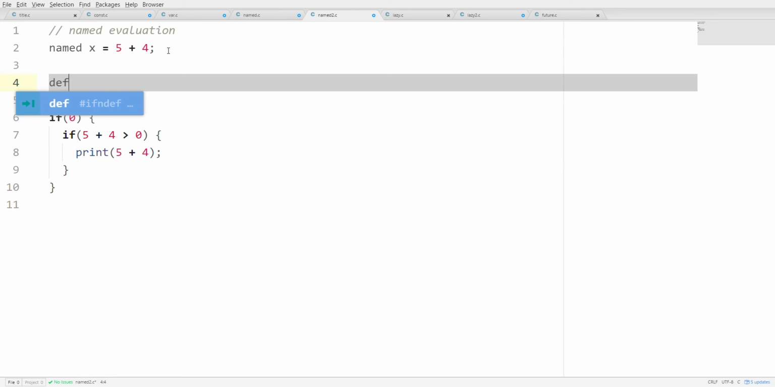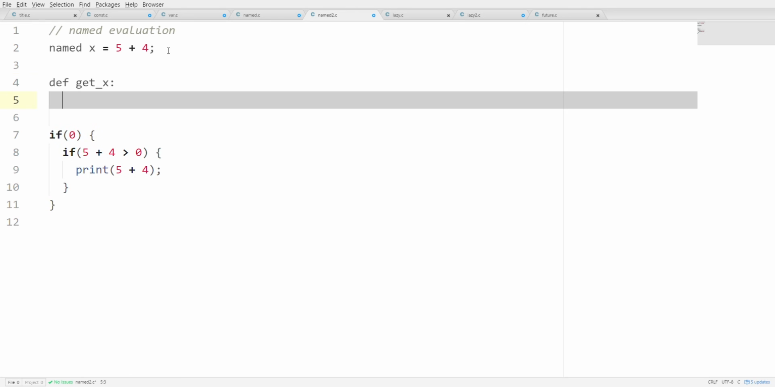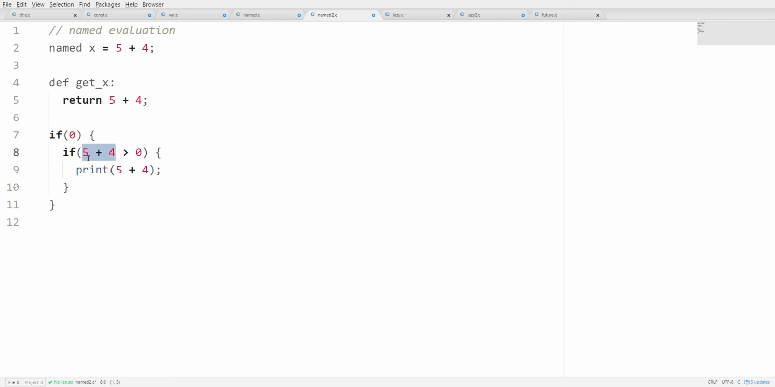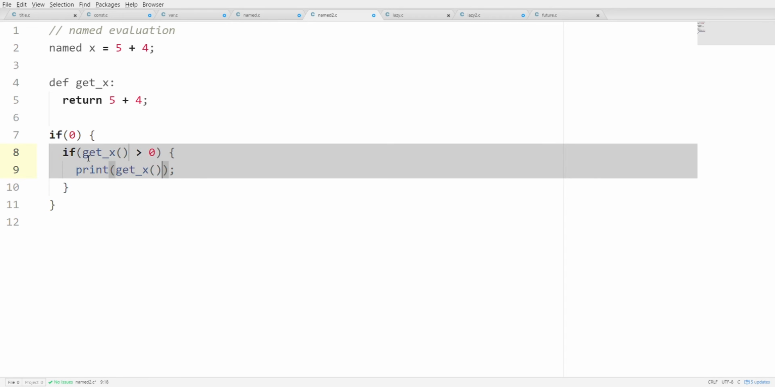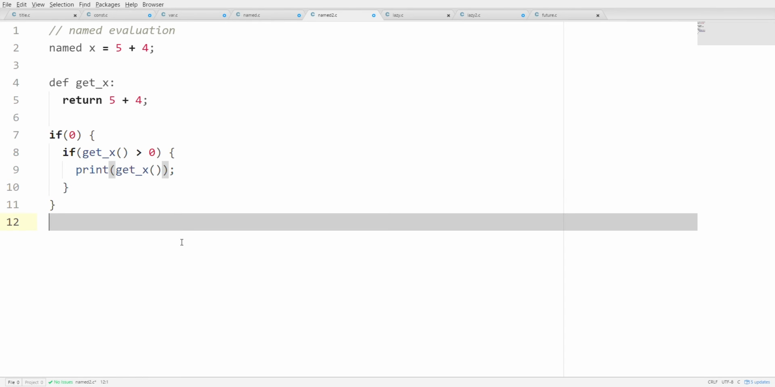So in this case, a named variable x could also be thought of as defining a function to get x and have it simply return, in this case, 5 plus 4. What this would mean is that every instance where x was used can simply be replaced with a call to getX. Like other functions that are declared, getX would need to be called anew every time that it was